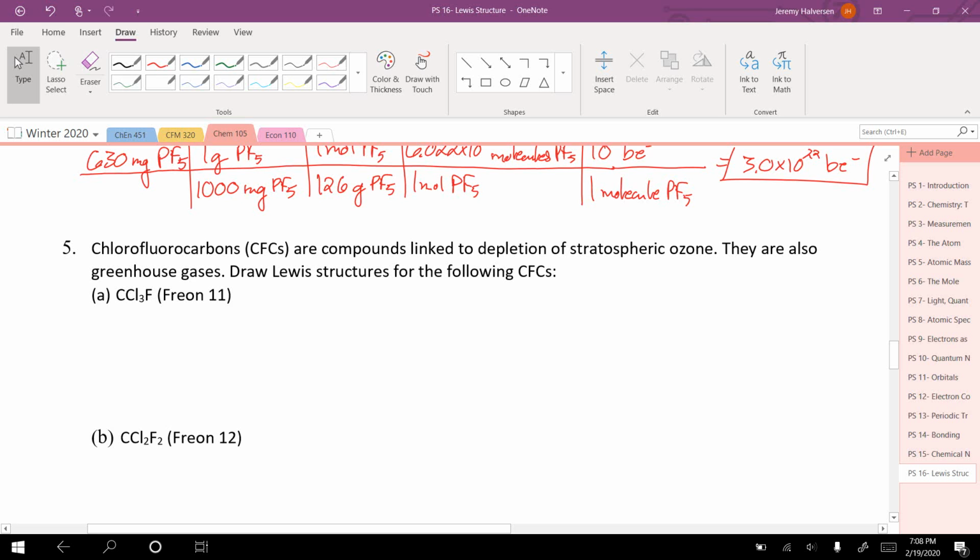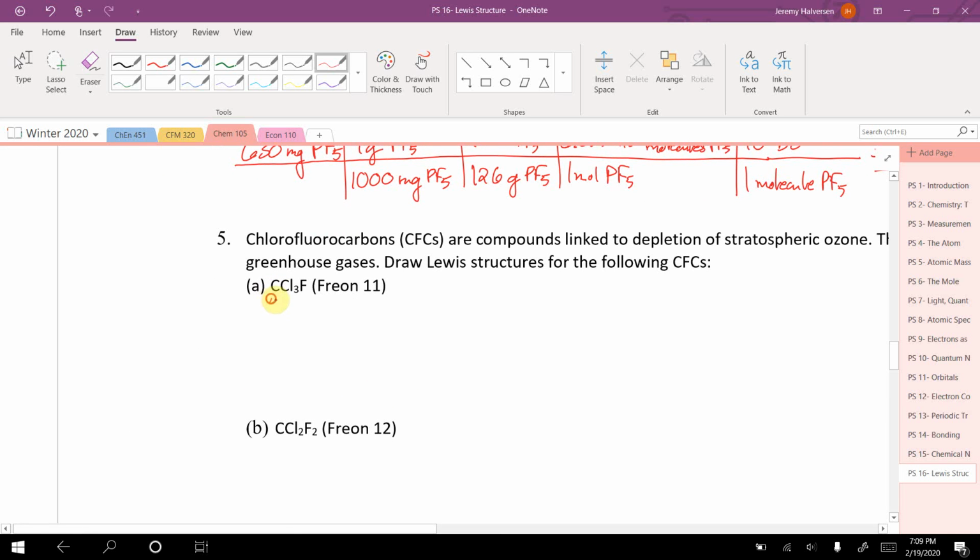Chlorofluorocarbons, CFCs, are compounds linked to depletion of stratospheric ozone. They're also greenhouse gases. Draw Lewis structures for the following chlorofluorocarbons. All right, CF3Cl: 4 plus 3 times 7 plus 7 gives me